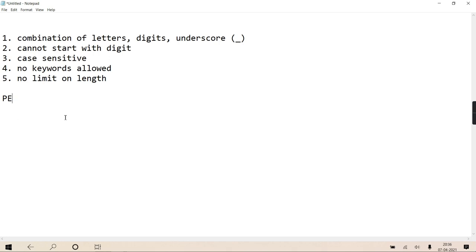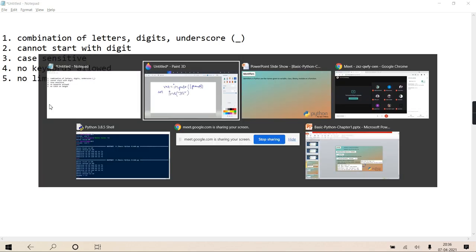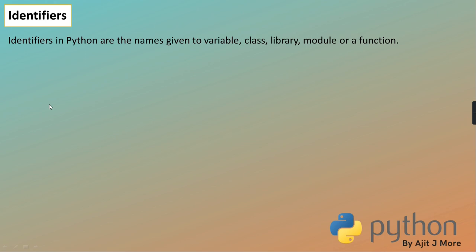So ideally, if in an interview they ask you what is the limit of an identifier, you should clarify that. Okay, according to the language there is no limit, but PEP has kept some standard, and according to them, I guess it is 63 or 73, and beyond that it should not go. But if it goes, you are just not following the PEP standard, but the interpreter is not going to complain if it goes beyond that. Getting, no? Okay. So the rules are clear to you.